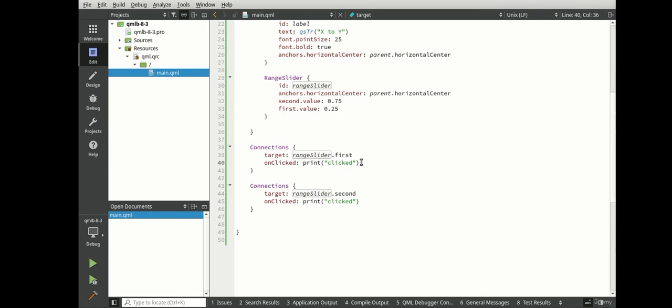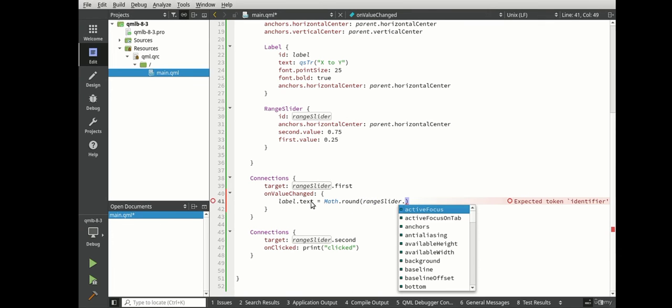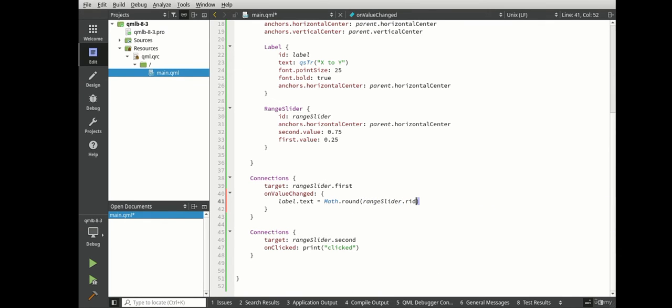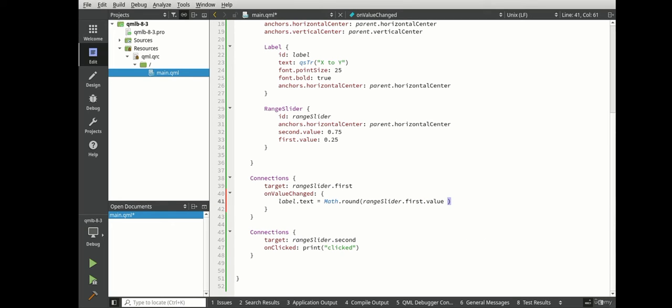So we're going to grab this and we're going to say value changed. And I'm going to say label.text equals, and we're going to do a little bit of math. We're going to say Math.round, and we're going to say range slider, and then we want to do the first dot value, multiply that by 100, and we're going to say